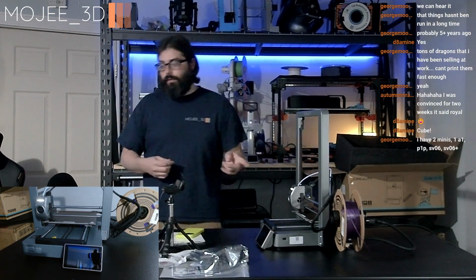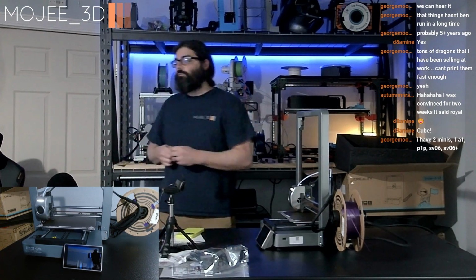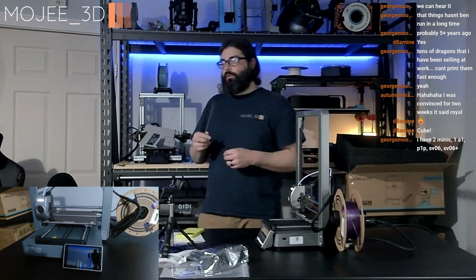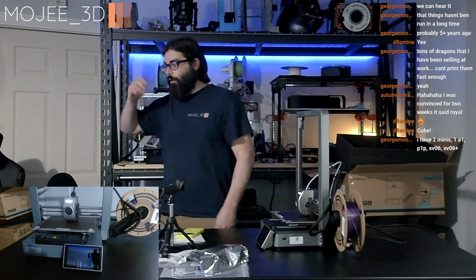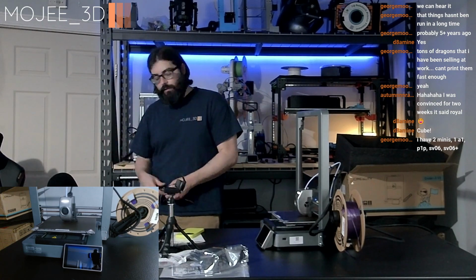I would really like to get the Plus version. 2 minis, 1 A1. Oh yeah, I forgot you had the P1P too. Now with the P1P, are you ever going to print the enclosures and everything for it, or are you just fine with it being open? I know you're mostly PETG or PLA, so I know you don't have to have the enclosure, but